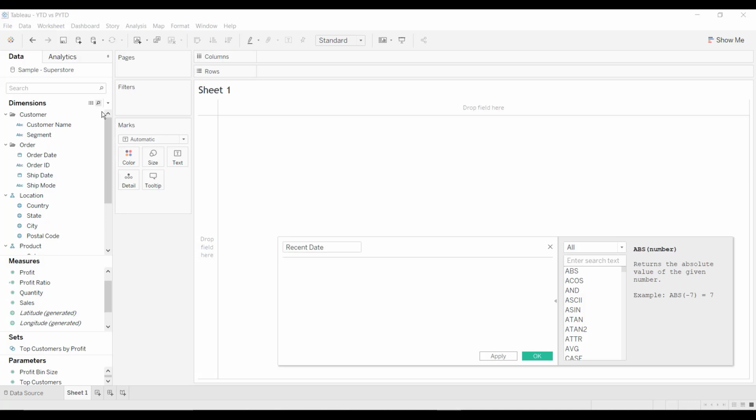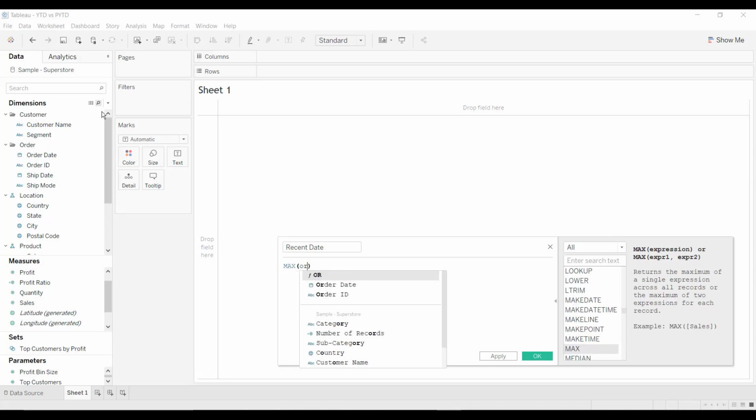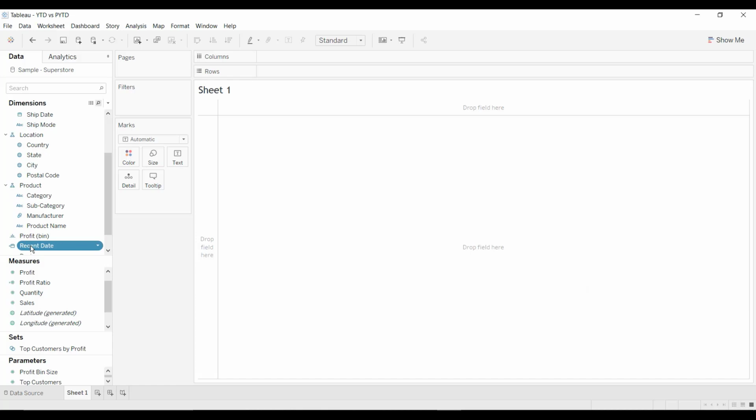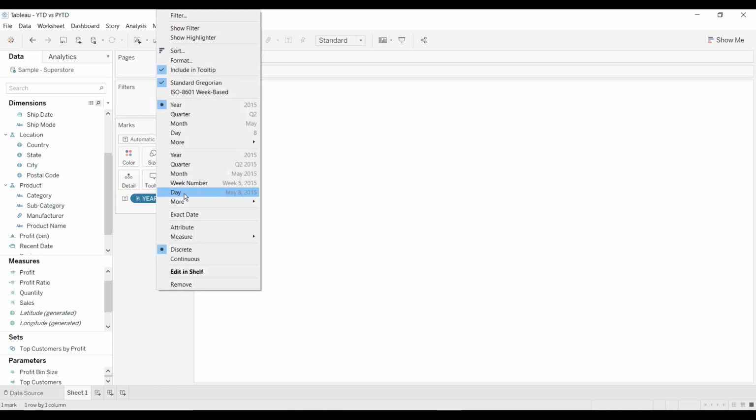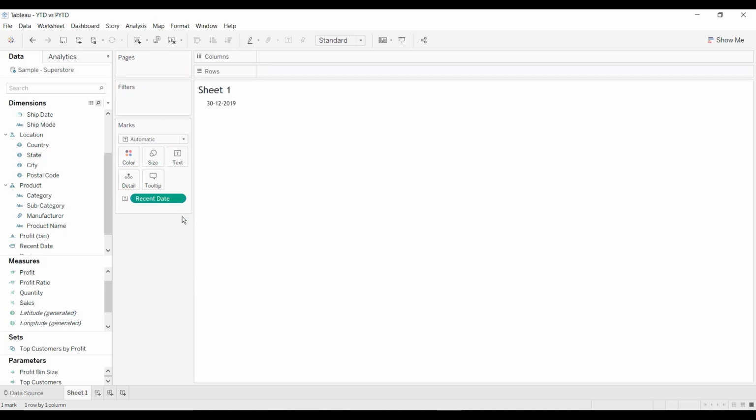That would be max of order date, encapsulated inside parentheses, that is, you are making it fixed. Click on OK. Drag and drop it inside text and convert it into exact date. So 30/12/2019 is the recent date or the max date.